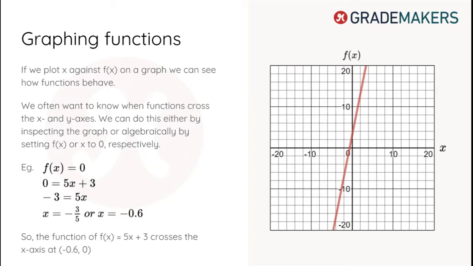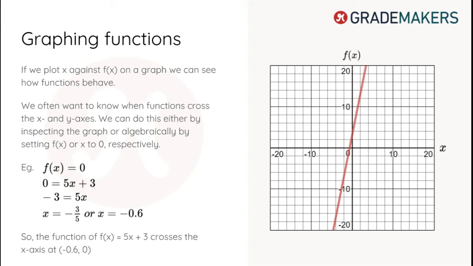To determine where the function crosses the x-axis algebraically, we would set the y value, or the f of x, equal to 0. And then we substitute that into our equation, and we have 0 equals 5x plus 3. Then we subtract 3 from both sides, which leaves minus 3 equals 5x. Then if we divide both sides by 5, we have x equals minus 3/5, or x equals minus 0.6,